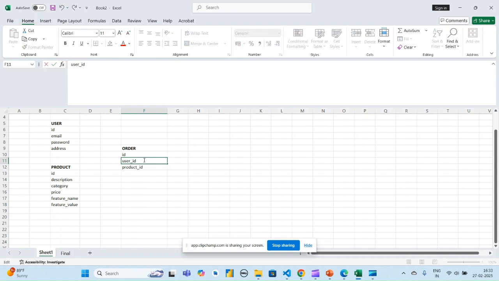And user ID is the foreign key because this user ID maps to the ID column in the user table. Similarly, product ID is also a foreign key which maps to the ID field in the products table. And apart from that, we can put a few other fields like quantity and order date, the date which the order was